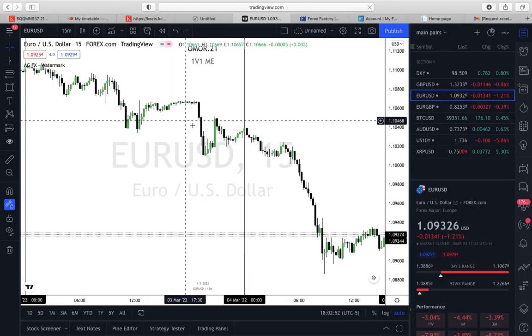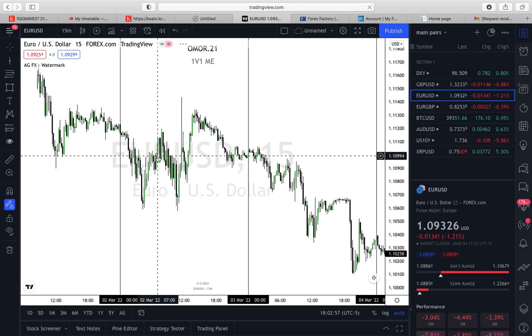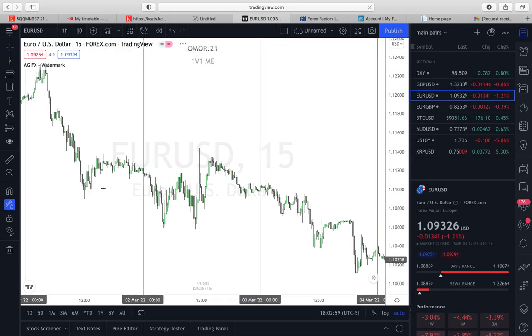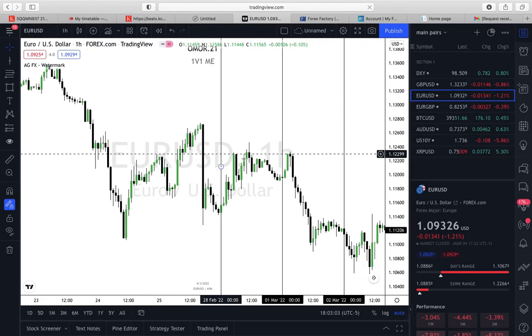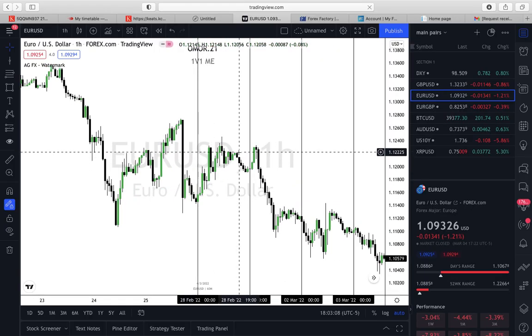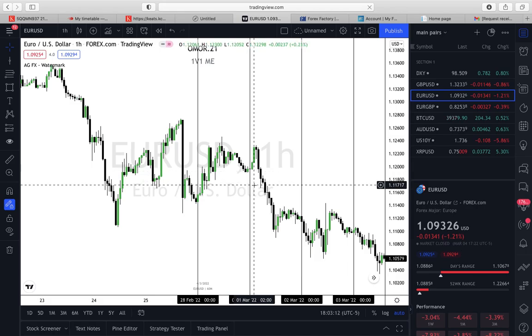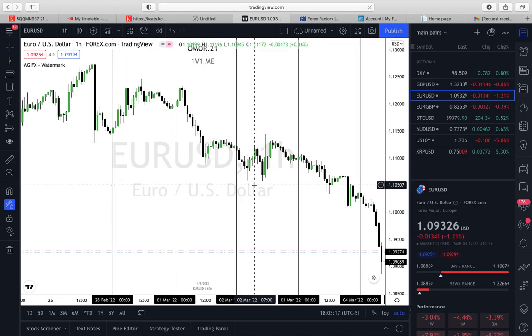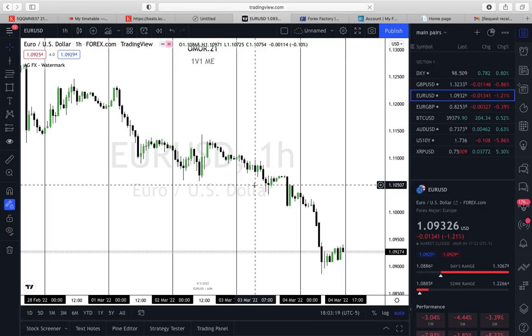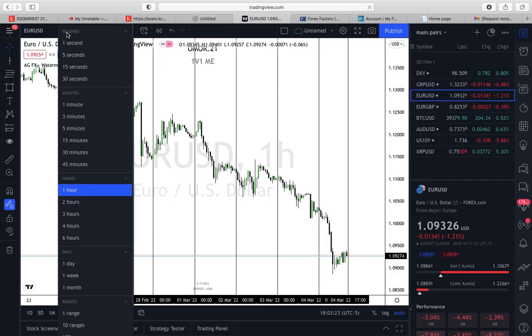You can see on the 15 minute, the 15 minute and the hour are not too different. So if we go on the 1 hour again, this whole down section here is a breaker collectively. We'll get into that as well. But that's how the euro was trading. If you want to go on the 5 minutes,